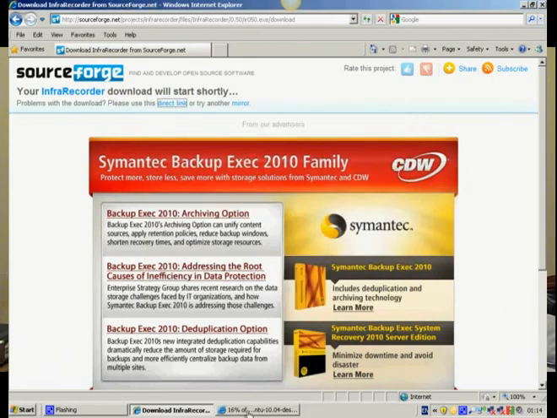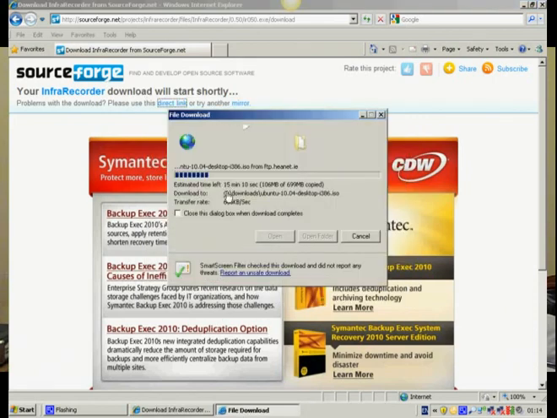Ubuntu is going to take about another 15 minutes to download, so I'll join you when it's finished, and then we're going to actually